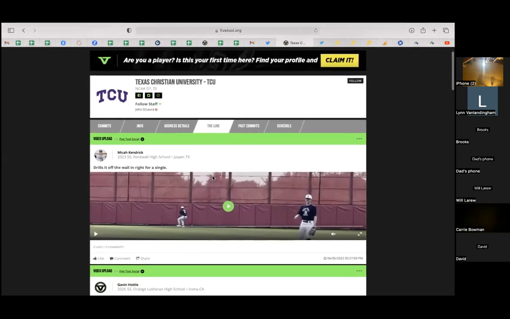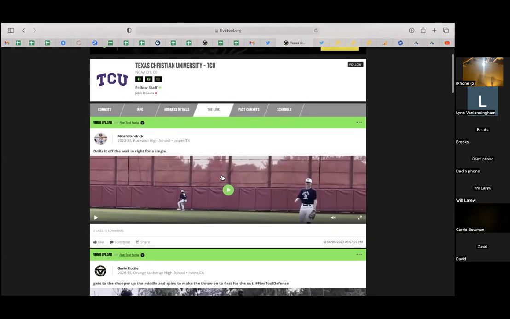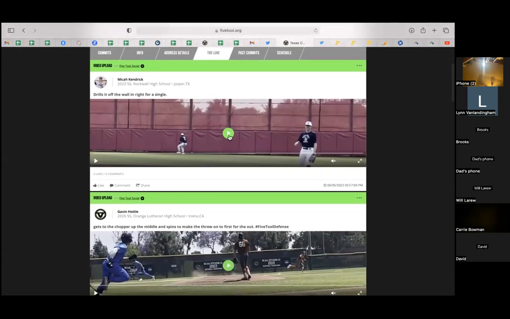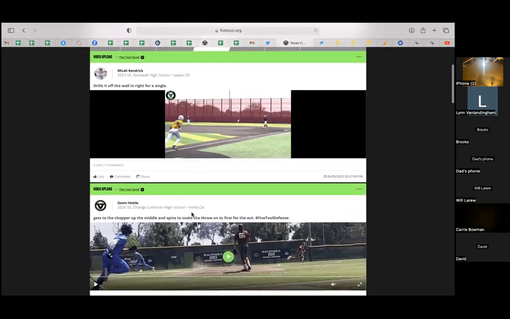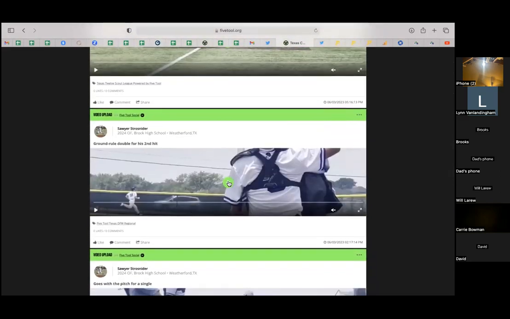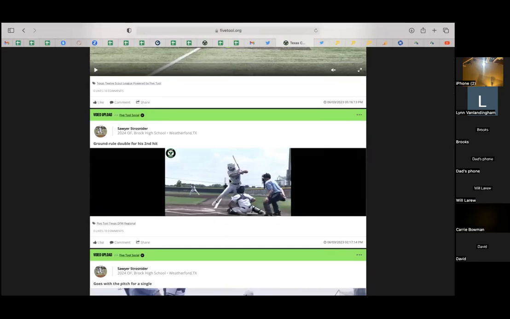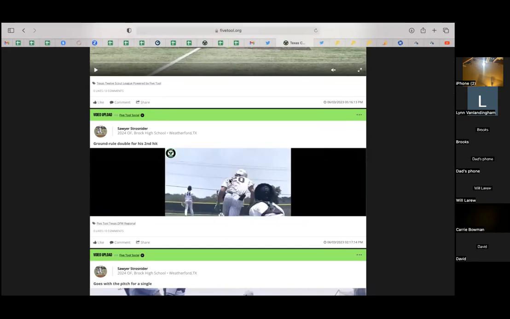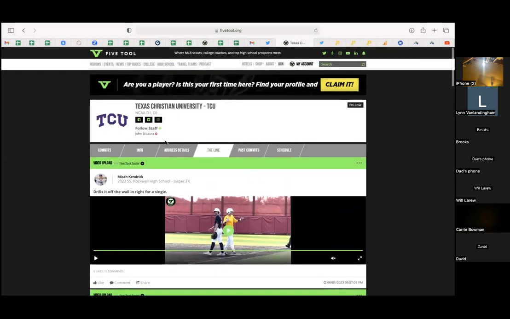So this is kind of a cool thing. You may just be a fan of a school, and this tab right here will be only highlights from players that are committed to TCU. And again, it just plays right on the page. So, this will be things that we are uploading. And then again, like I mentioned earlier, things that the players are uploading themselves, but it just gives you a chance to kind of drown out the noise and focus in on the things that you really want to see, right? If you're a TCU fan, you can come on here and just check out highlights from their commits.